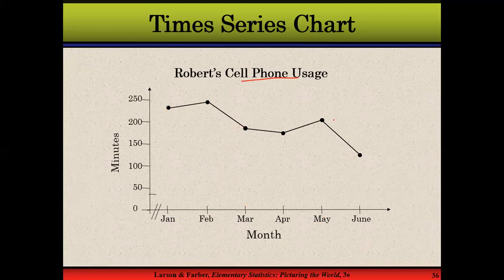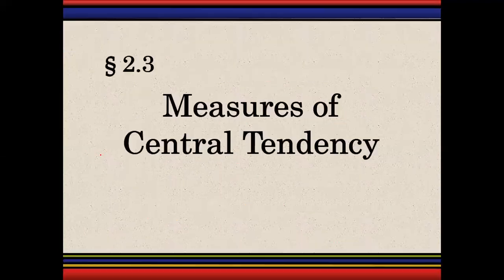This is a trend line again. And this chart is called a time series chart because it is based upon time. As time increases, you see the change in this variable, which is cell phone usage, and we express this change through minutes. All right,